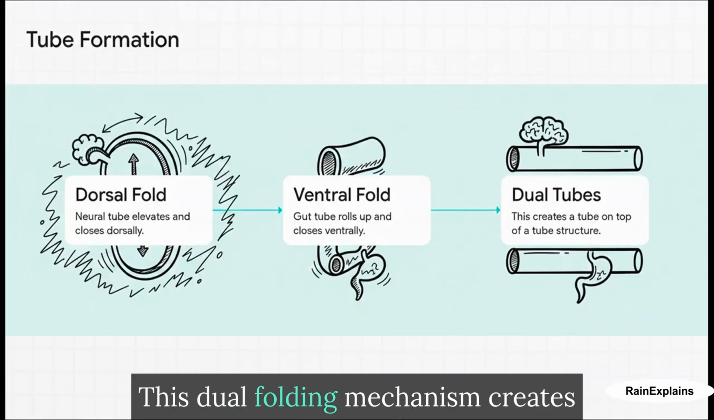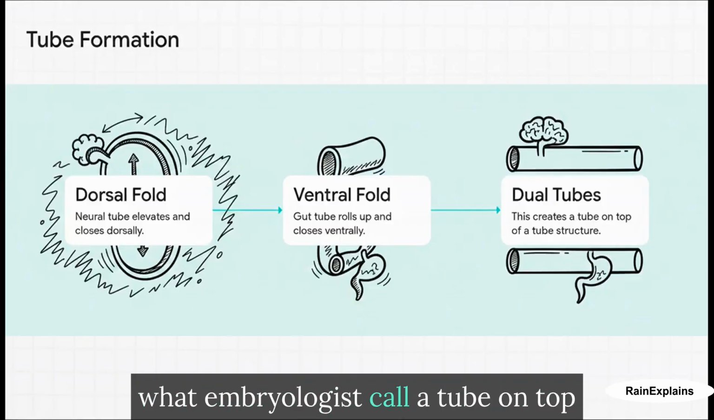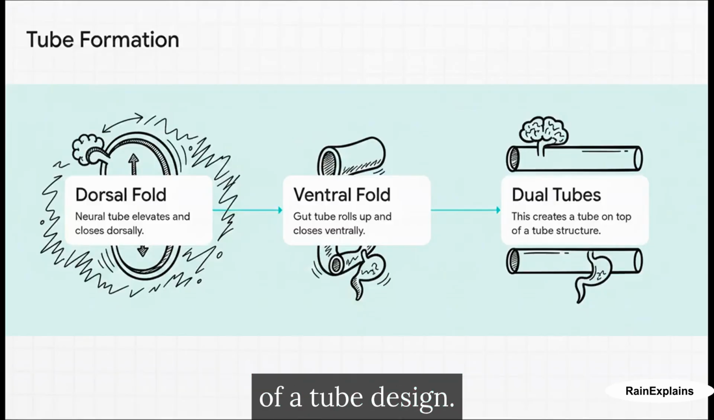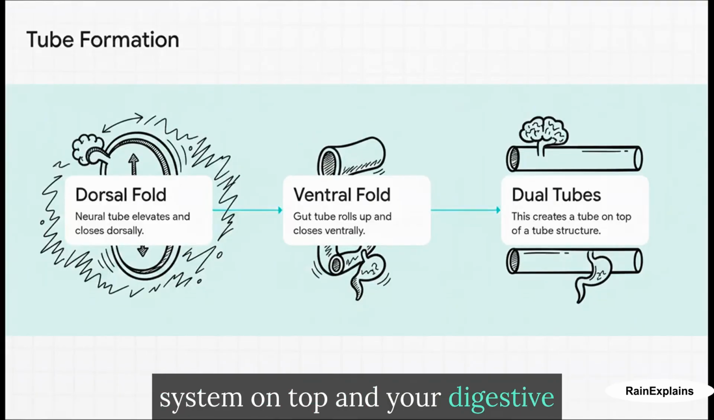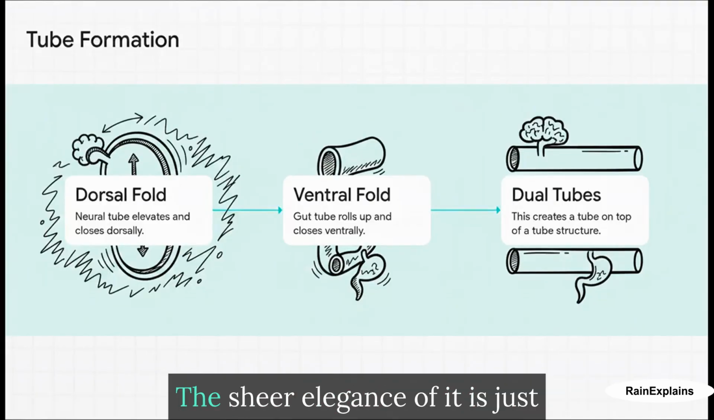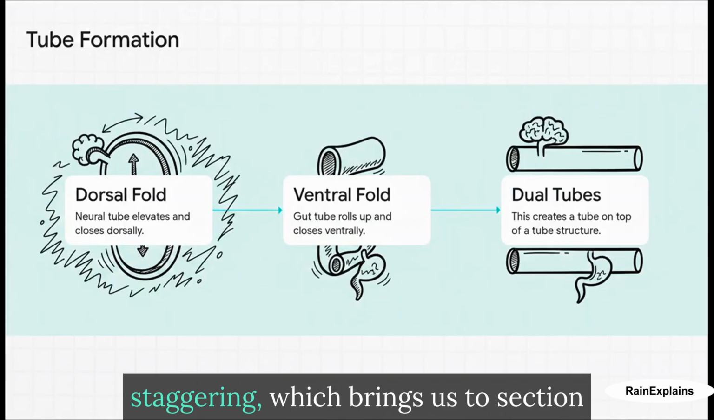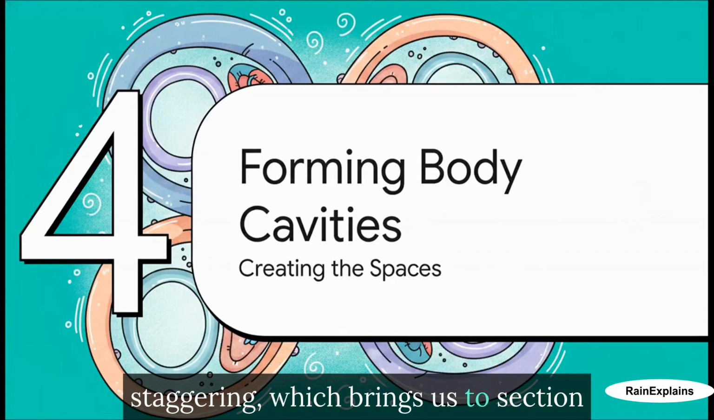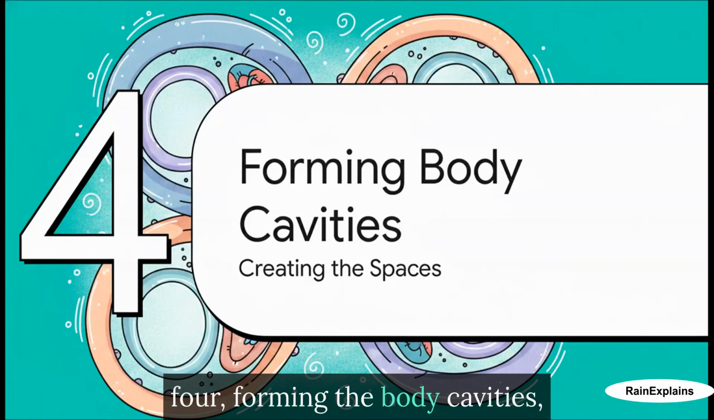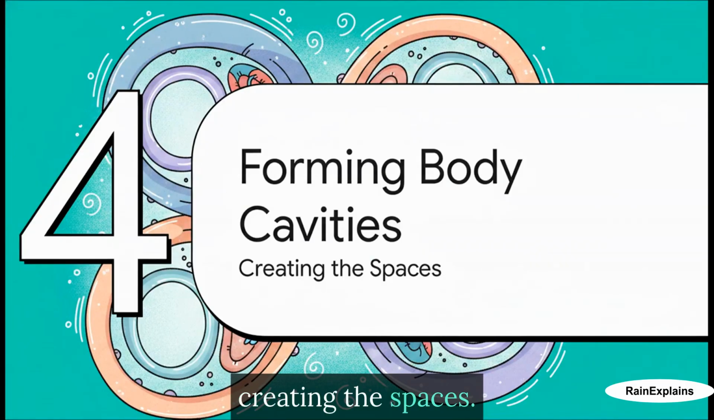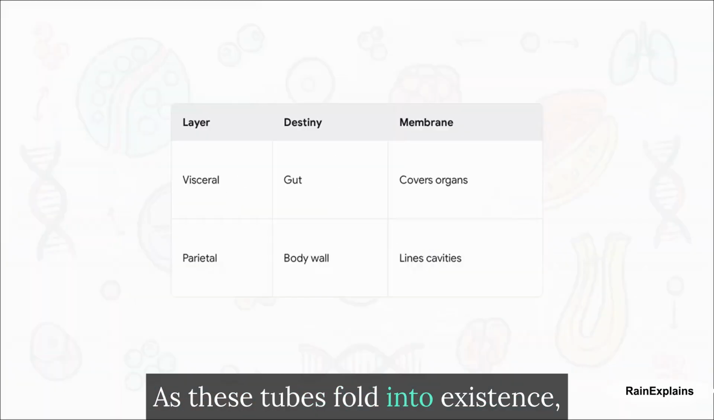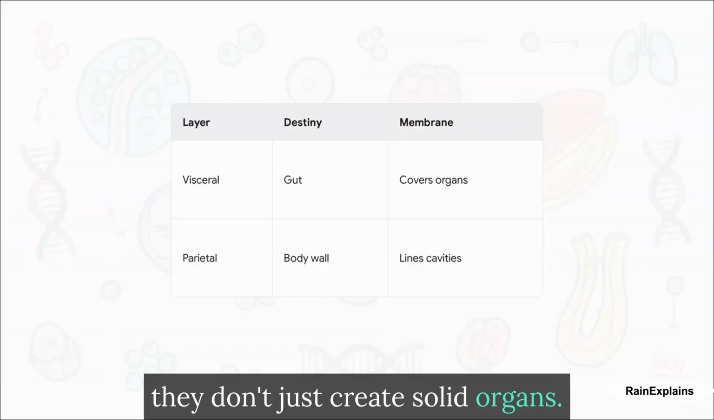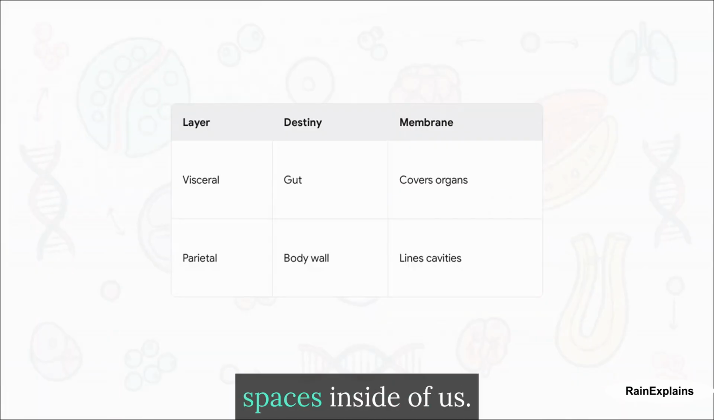This dual folding mechanism creates what embryologists call a tube on top of a tube design. You've got your central nervous system on top and your digestive system right below it. The sheer elegance of it is just staggering. Which brings us to section 4, forming the body cavities, creating the spaces. As these tubes fold into existence, they don't just create solid organs, they also create the vital empty spaces inside